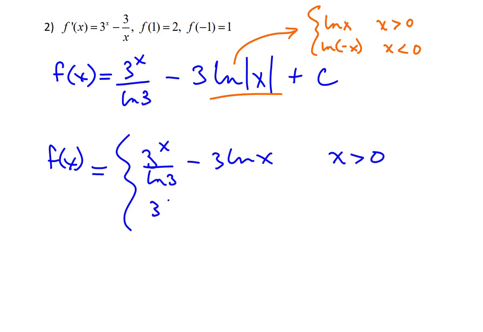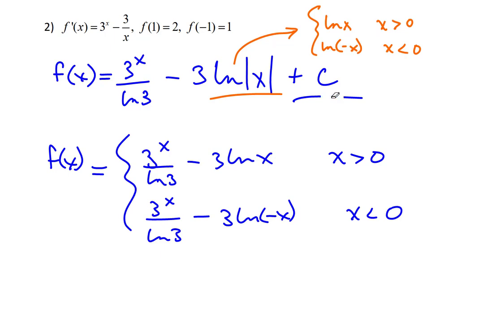Otherwise, our antiderivative is going to be 3 to the x over natural log of 3 minus 3 ln of negative x, and of course that's for when x is less than 0. Now you'll notice that I left off the constant plus c here. That's because these two different pieces, now that we've split this thing, would each have their